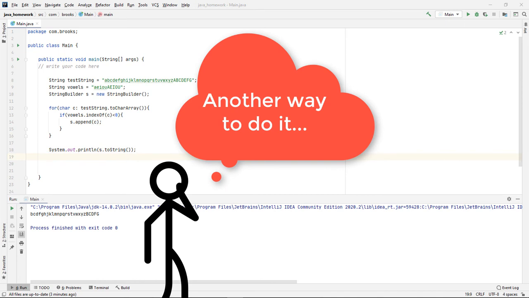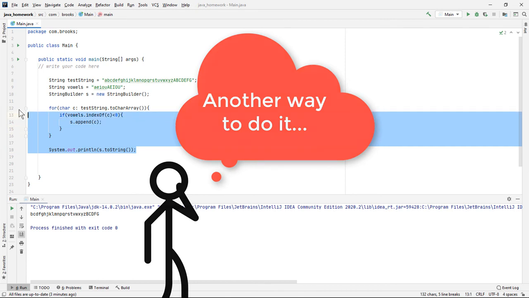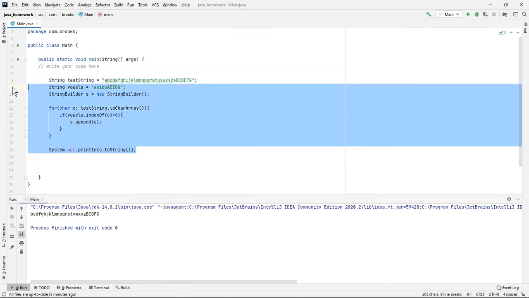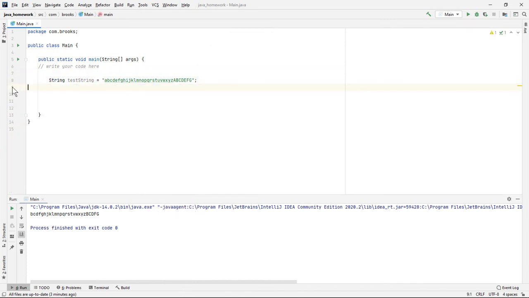Now, like I say in the intro, there are always other ways of doing things. I looked this up online and found another way that you might find more easy to do, more simple. So I'll show you that as well. In this case, we're just going to make another string. We'll call it result. That's what they call it on the site I found. And in it, we'll put test string,